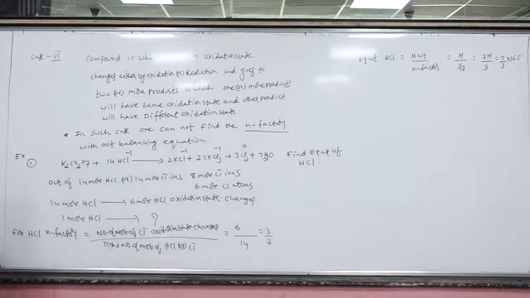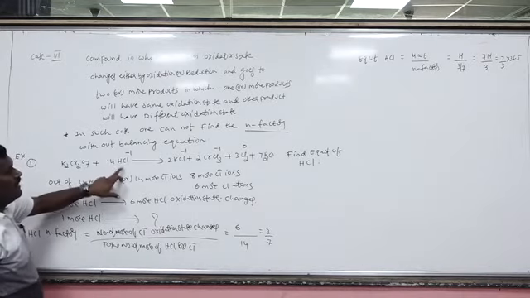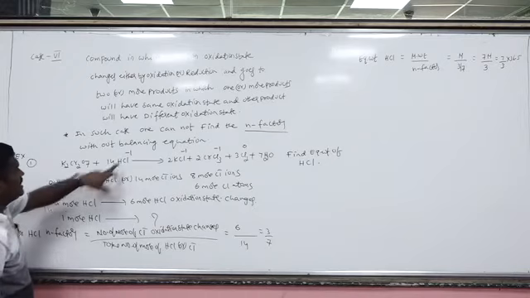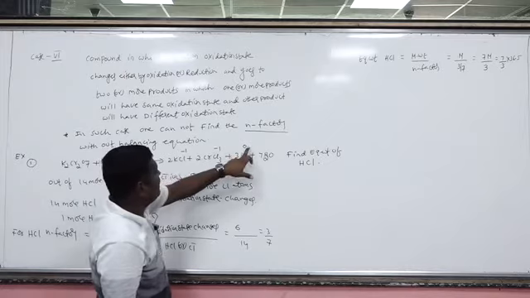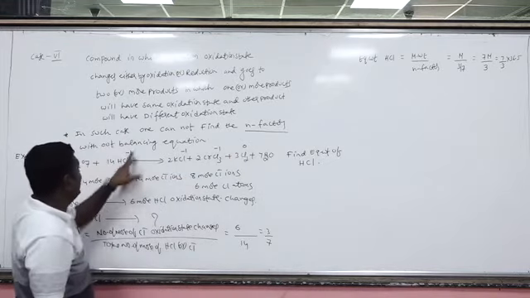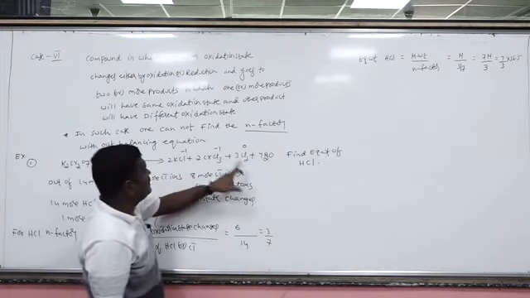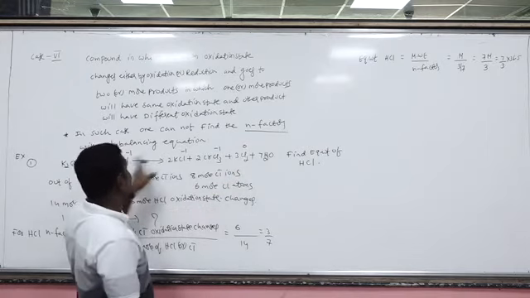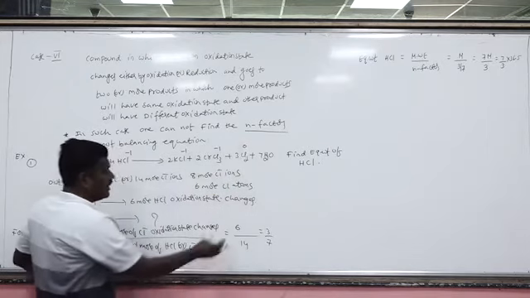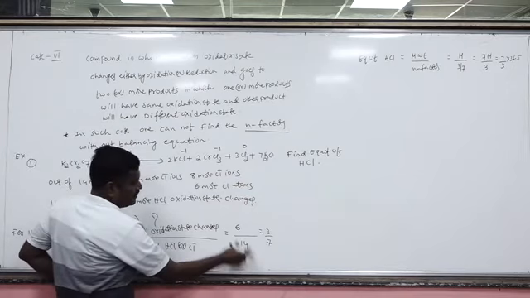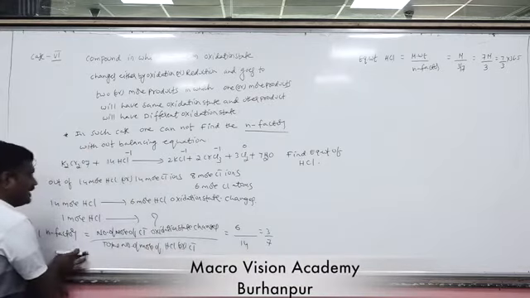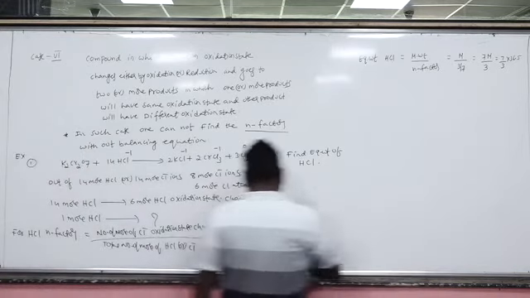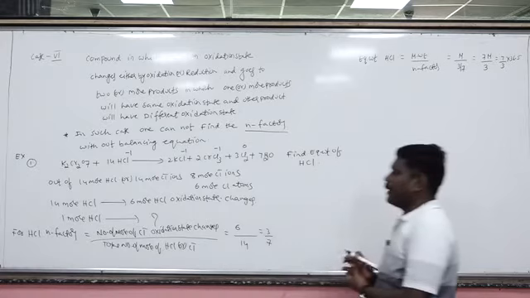Once again, here I want to calculate the equivalent weight of chlorine. Chlorine oxidation state here is -1, here -1, here -1, but here it becomes 0. So there are total 14 chloride ions, and only 6 chloride ions change oxidation number from -1 to 0. So out of total 14 moles, only 6 moles of Cl minus ions change oxidation state. So per mole of HCl, what is the change here? 3 upon 7. This will be the n factor.